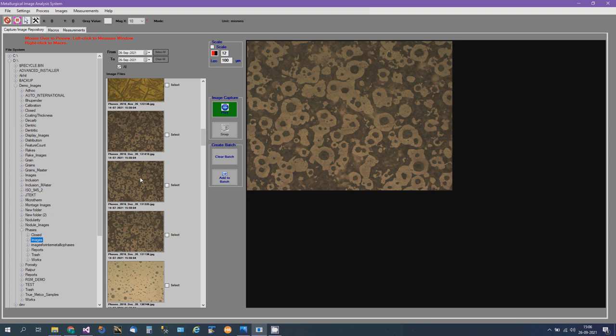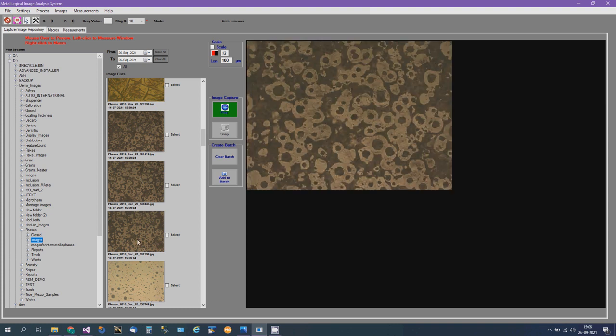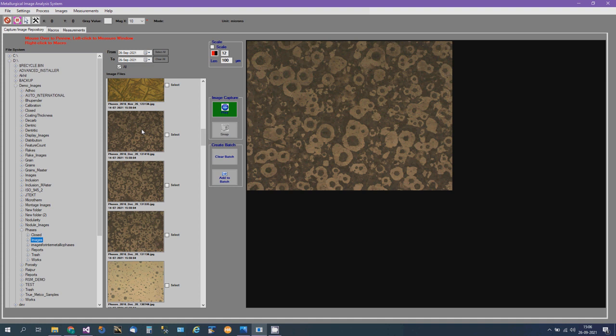So a sample, we polish it, and check the nodularity. After that we save the data for nodularity. Then we do etching of the sample and we get the perlite ferrite contents, and we import the nodule data into the phase analysis and do phase analysis, and along with that we can together report the graphite as well as phase analysis. As we explain further in this video, you will get an idea about this phase analysis.